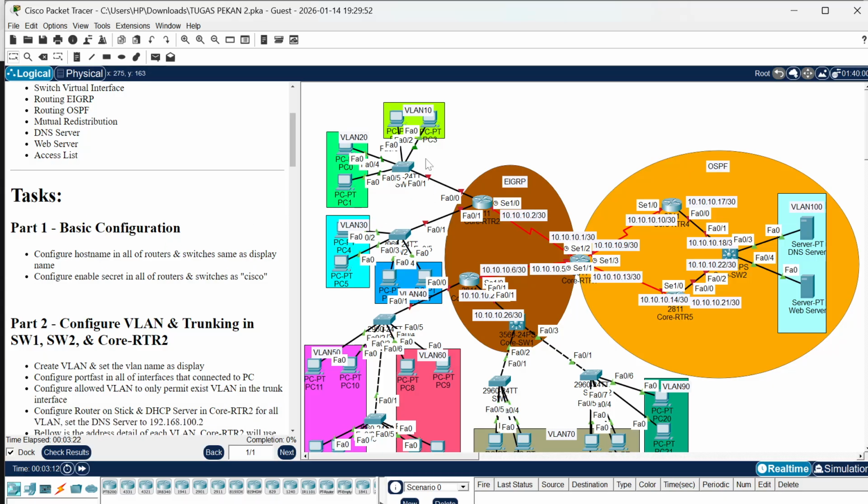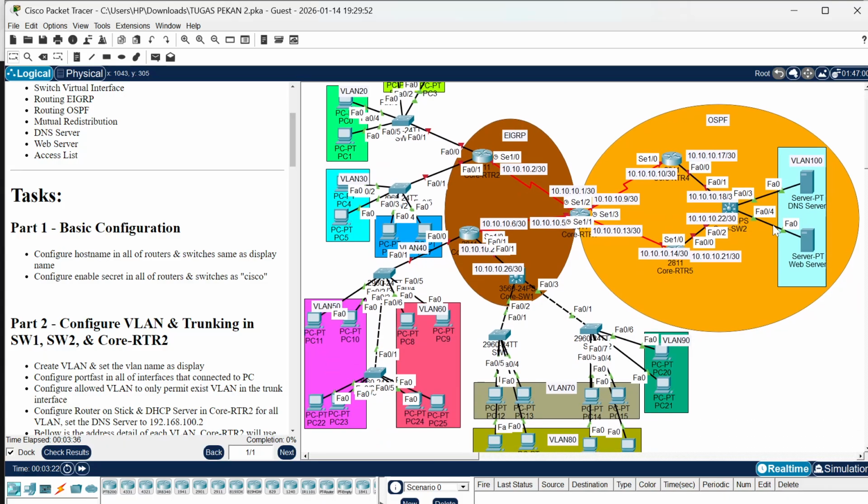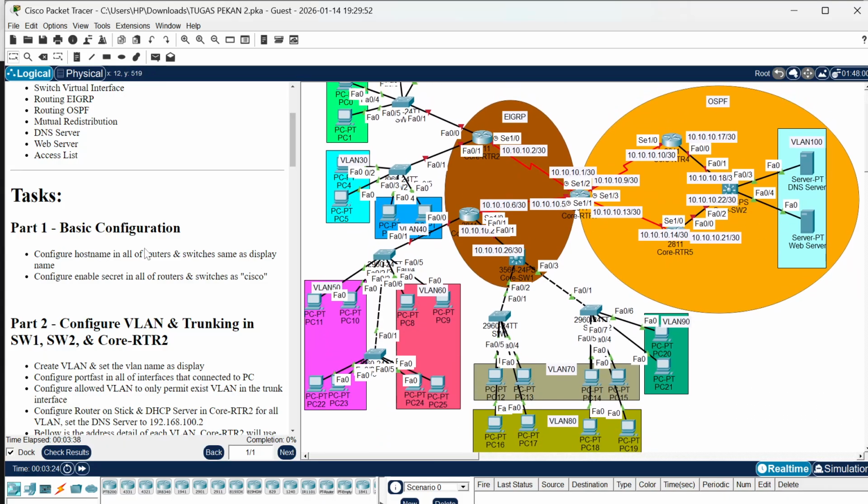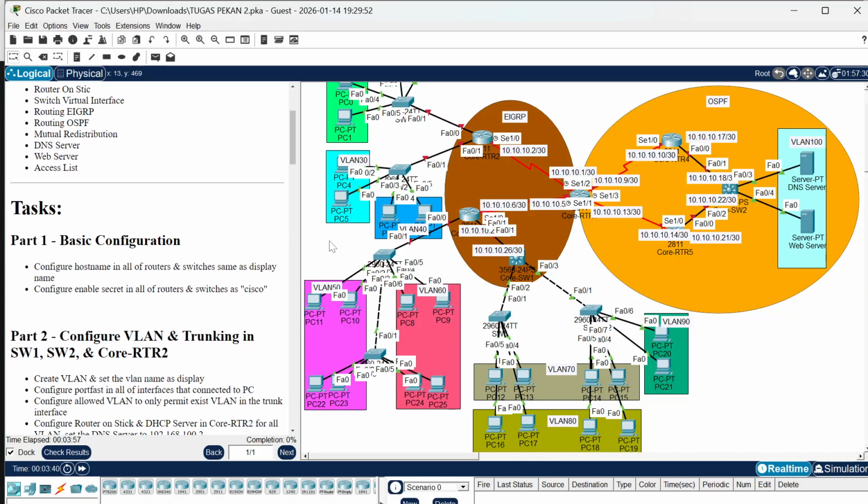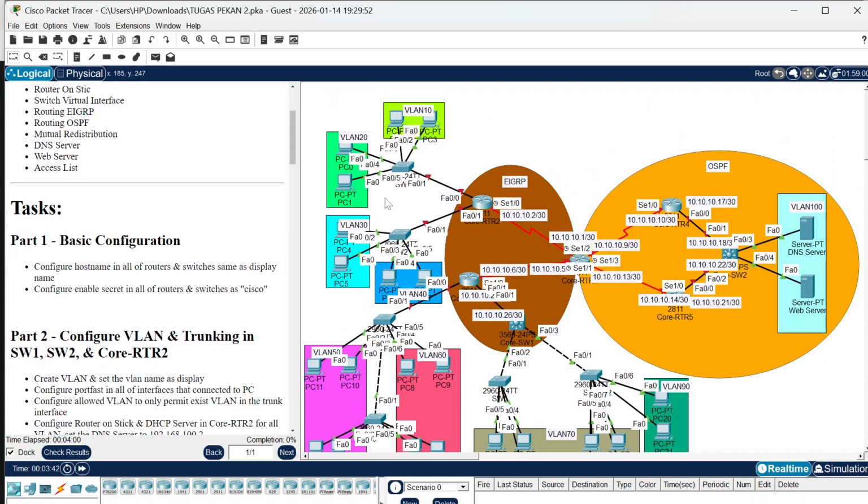Okay, so we must configure all switches and routers as displayed, like this. The settings are already in the display, and you can see the topology. We configure the hostname the same, from core RTR to core switch 1, and configure enable secret in all routers and switches as Cisco. Okay, without further ado, we configure